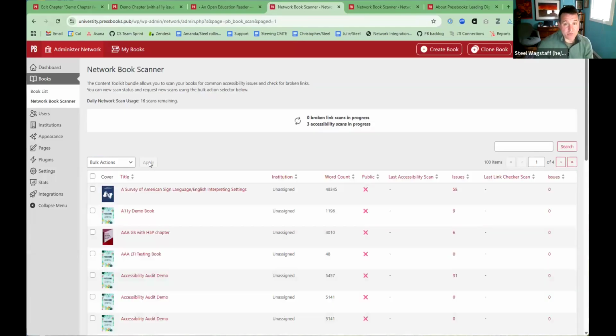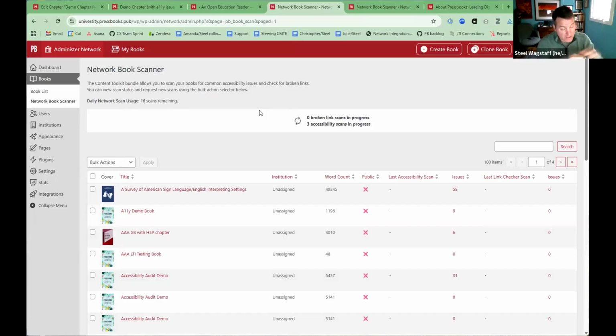What's going to happen is this page will refresh, and we'll say, oh, you don't just have 1 job in progress, the one you started earlier. There are now 3 scans in progress. And when they're done, that information will be updated. And so that's more or less how network managers can use this tool to request scans and updates.